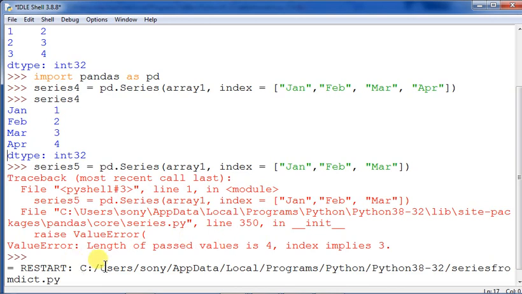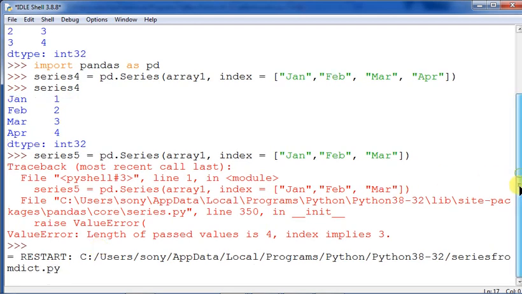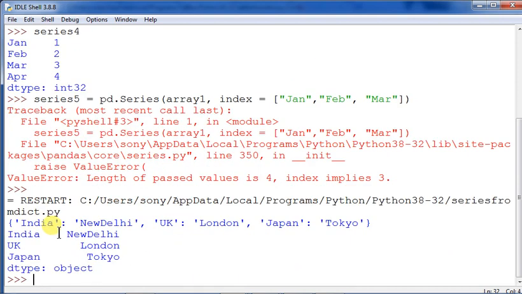So I think the series from NumPy arrays and series from the dictionary would be clear to you. Let the output arrive. It is taking some time in processing. You can see out here first the dictionary has been printed in key value pairs, and these are the items. And as I have told you, this key will go for the index of the series, and then the value has appeared over here, and the data type is object.